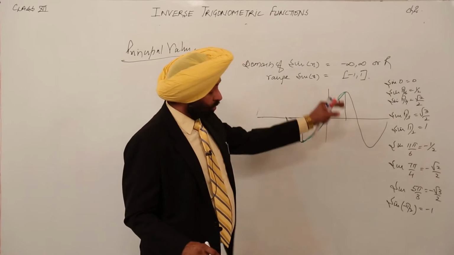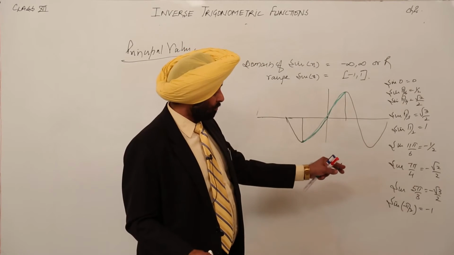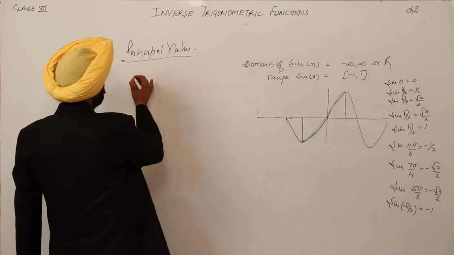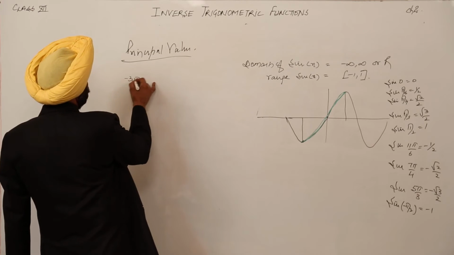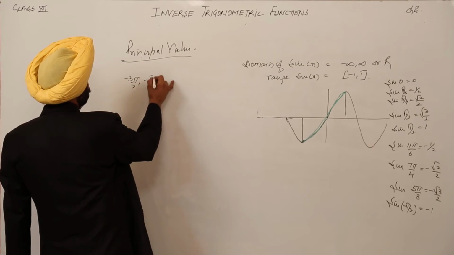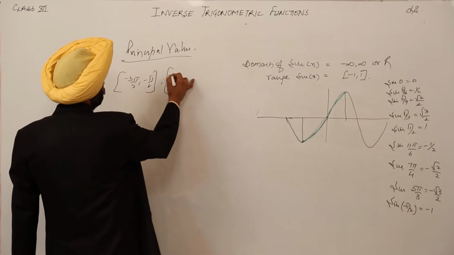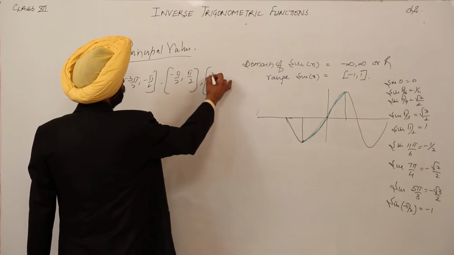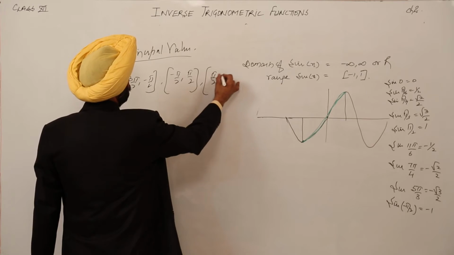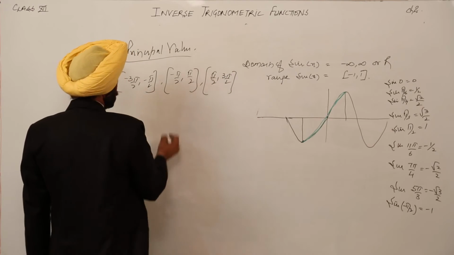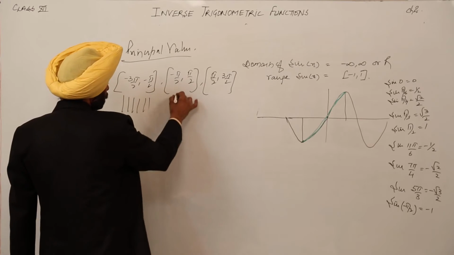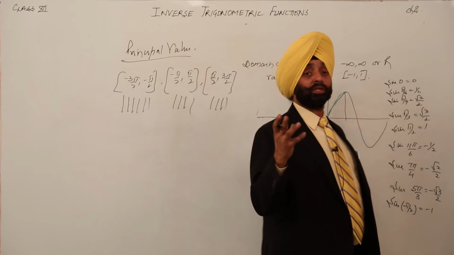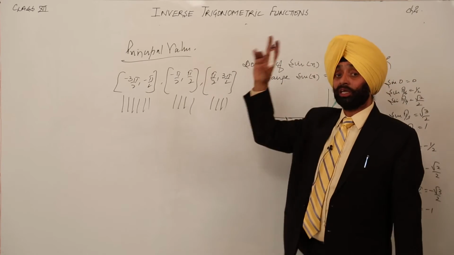So now we are having all these values in the first and the fourth quadrant, and you will ask what I wrote here. I wrote minus 3 pi by 2 to minus pi by 2, first. Then I wrote minus pi by 2 to pi by 2, second, and then I wrote pi by 2 to 3 pi by 2. All the results lie here, here, and here. Now, if these are the domains, then what will the range be? They will be having exactly one function.